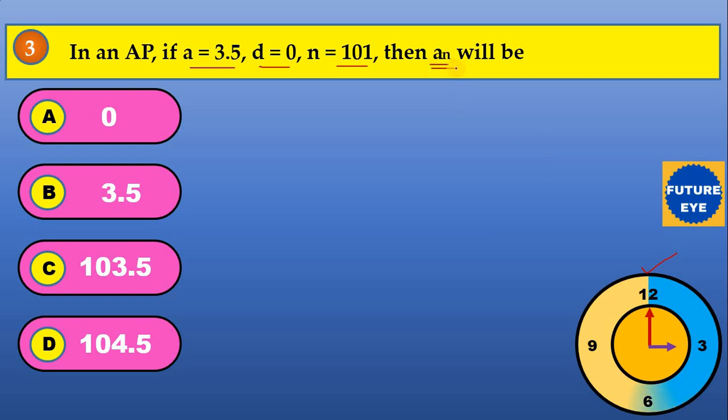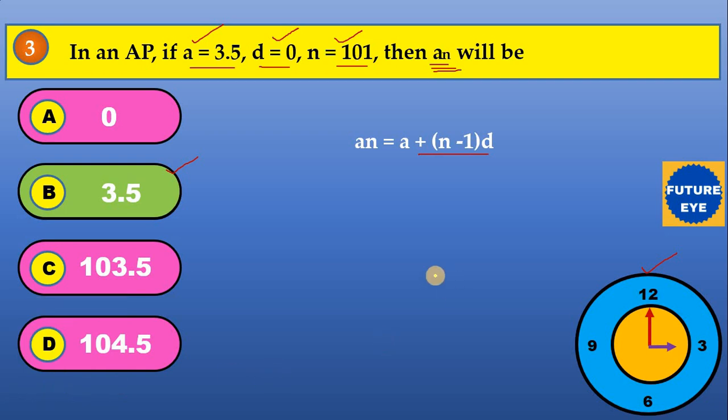See, in this problem you have to find the an value. Time up, children. First, let's see the correct answer. That is 3.5. So, as I said here, we wanted to find the an value. a, b and n values are given. So, we have to use the nth term formula, children. That is, an equals a plus (n minus 1) into b.